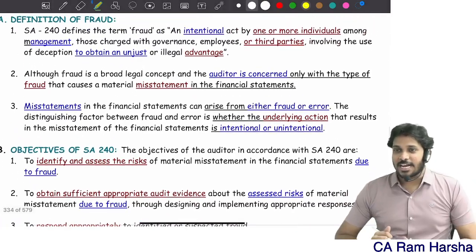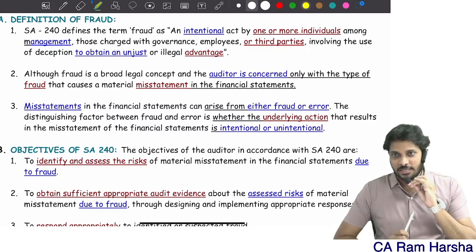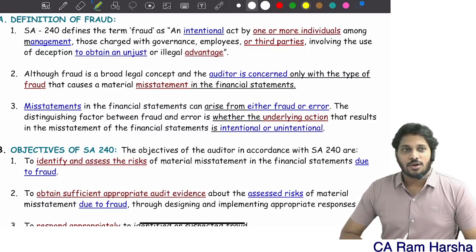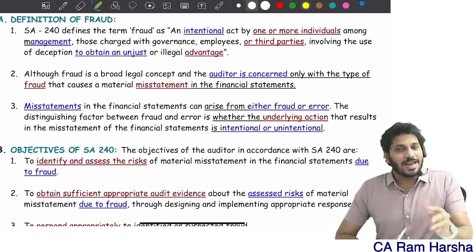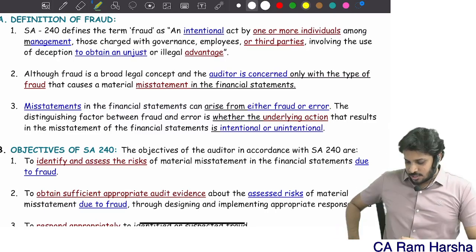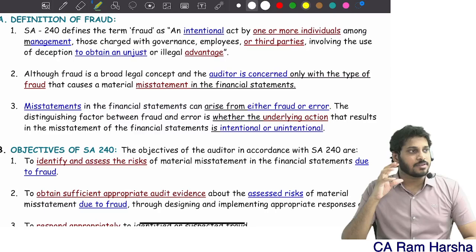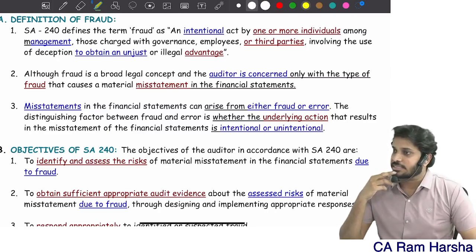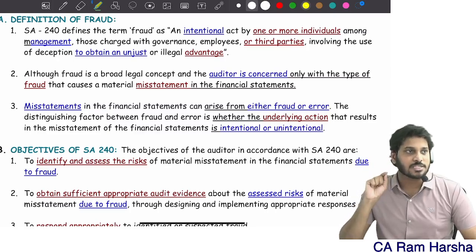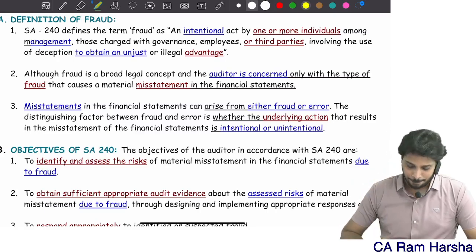See, earlier the standard was there in CA Inter as a separate chapter. In the old scheme of CA Inter, you had a chapter called fraud responsibilities. Now it was removed there and kept here with a little more content. So the entire Standard 240 is added in CA Final with a little more content. I can say almost 90% of SA 240 is copy pasted here in the pronouncement book.